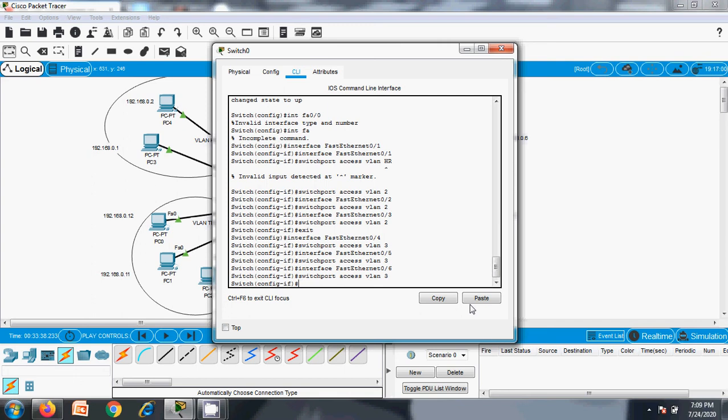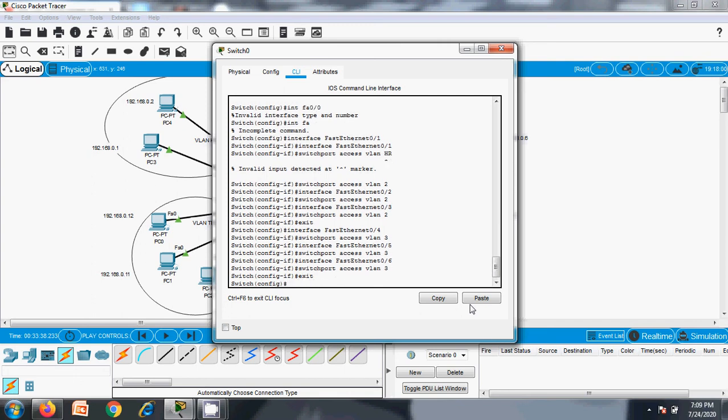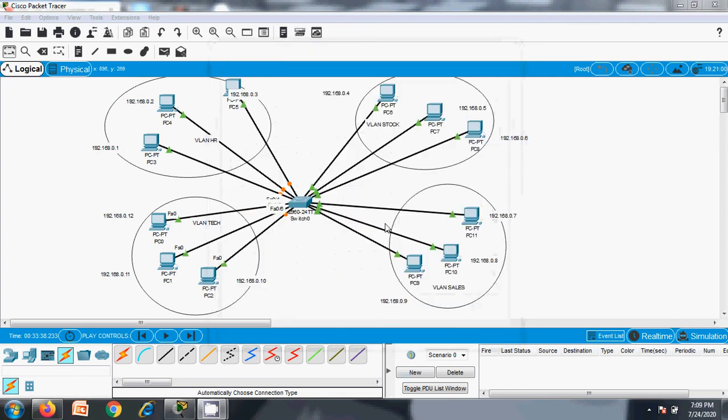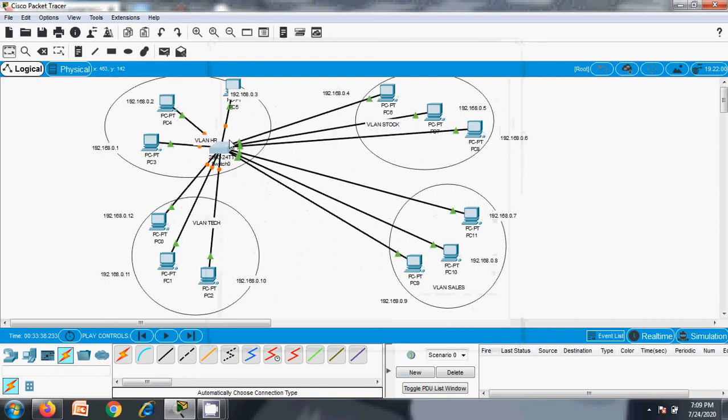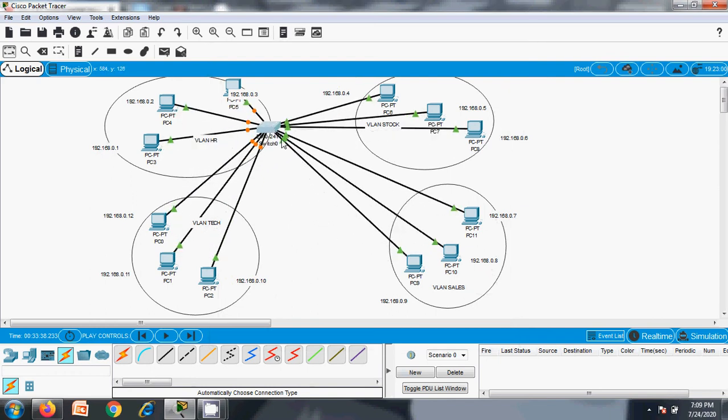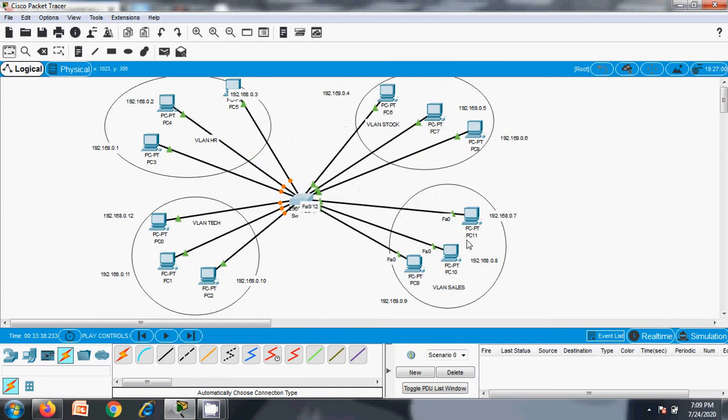You need to go for the next one. Before that you need to see the interface numbers. So 10, 11 and 12.